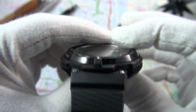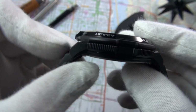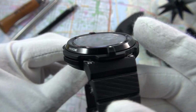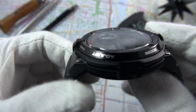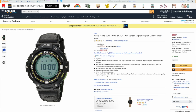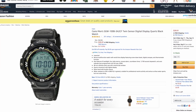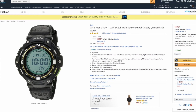The water resistance is 100 meters, which is absolutely fine for swimming, gym, kind of, you know, all the stuff that you'd do outdoors. You're not going to be able to go diving in it, obviously. However, that is the advantage that the slightly superior SGW600H has over this particular version. But again,